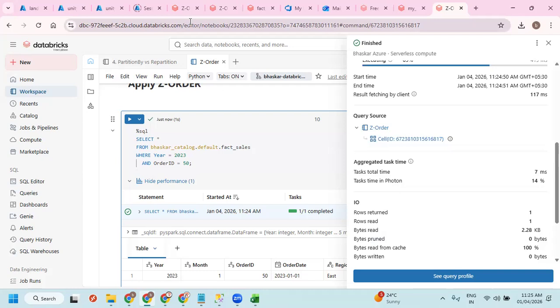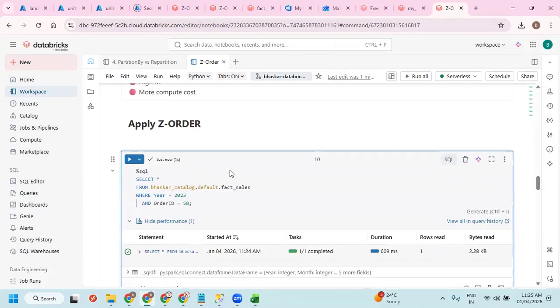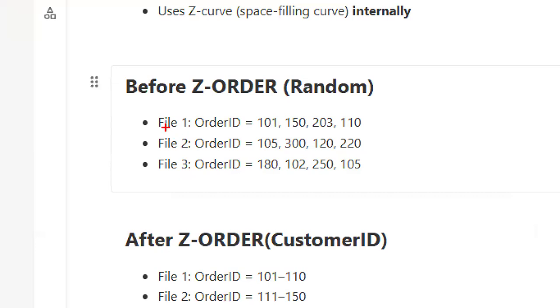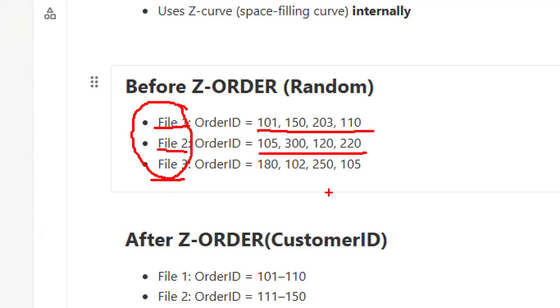But the intention is, let's take an example I have given here. Before Z-order, you have file 1, file 2, and file 3. Just imagine all these are the partition part files. Order ID 101 to 110 in one file, 150 to 220 in another file, and 182 in another.